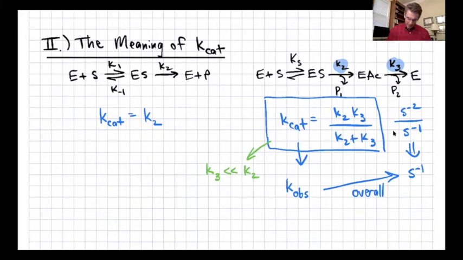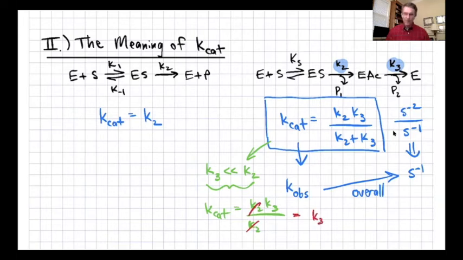Under this circumstance, what would kcat be equal to? You'd have K2 K3 over K2 plus K3. If K3 was much smaller than K2, then in the denominator K3 wouldn't matter, because it'd be dominated by K2. And in the numerator, the K2 terms would cancel out,